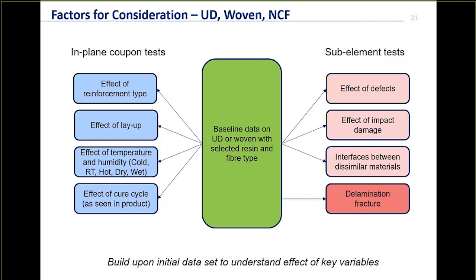So if you're working with a composite material and you're trying to understand how it might behave in service, this process starts with getting some baseline data on the UD or woven, or if you like, non-crimp fabrics that you're using to get the properties of the individual layers, and then building from there to try and understand the effect of the layup. Whatever that is, it's often quasi-isotropic in a lot of cases,